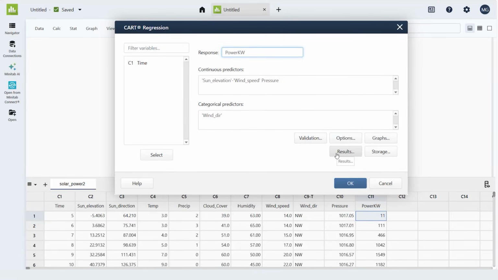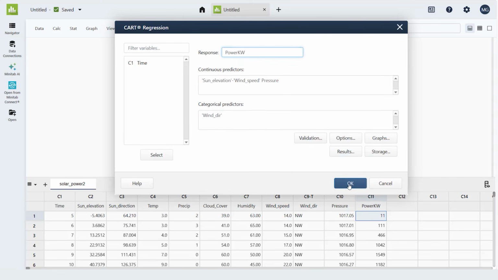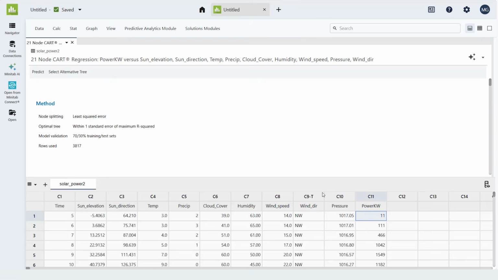On the results side, I usually make most of these options available, and I also activate these additional tables. I increase these numbers to something that will cover the entire collection of the nodes that will be generated in a tree. It's pretty much that simple. Then I click OK. I let the CART do all of its job,